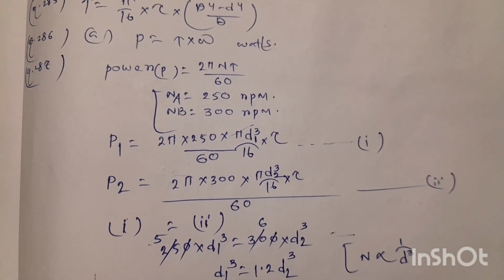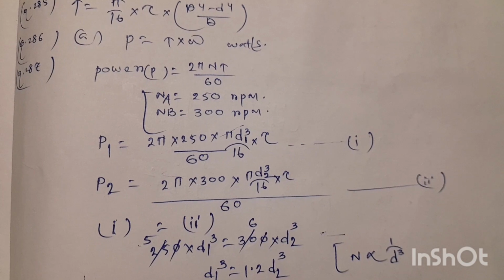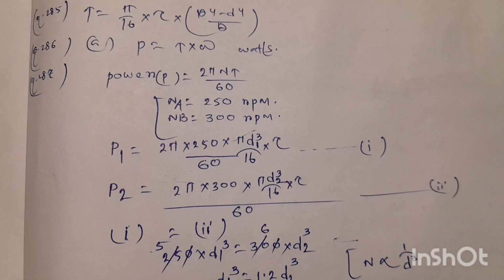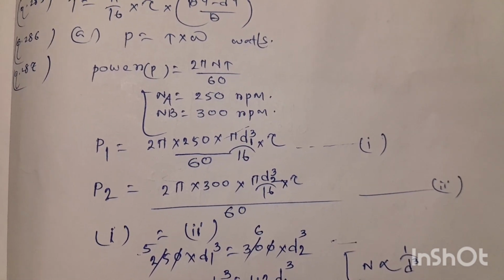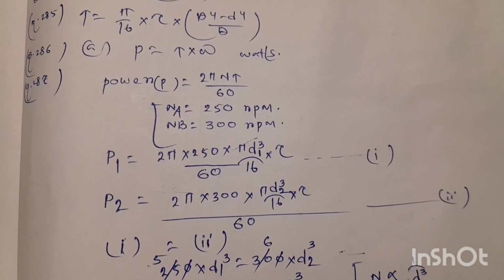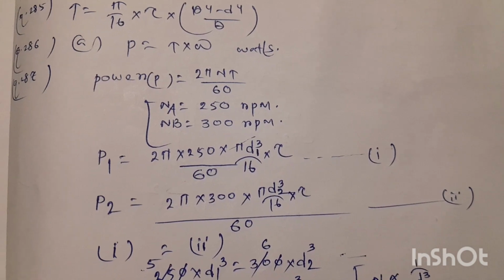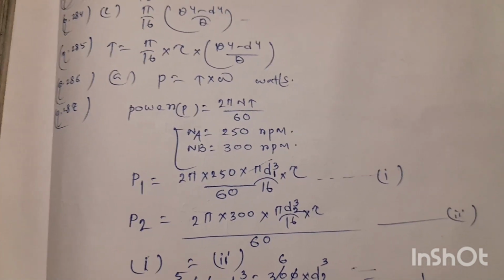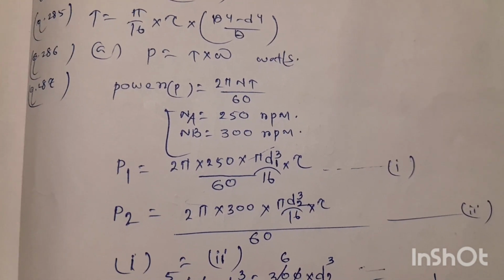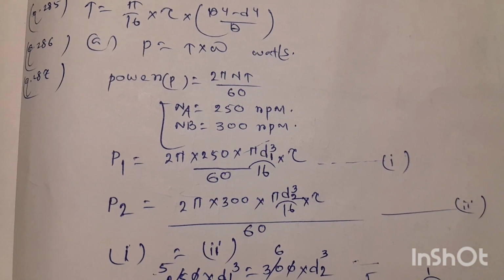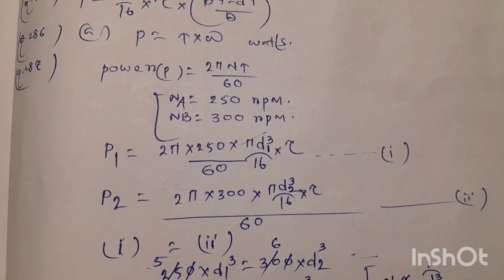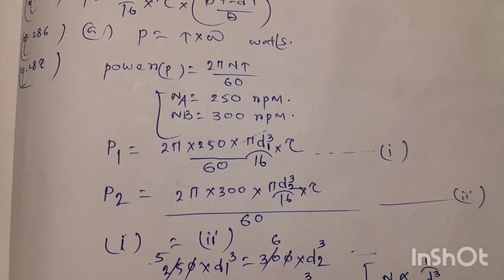So power P1 for shaft A will be equal to 2 pi into the revolution per minute. N for shaft A will be 250. We know NA will be 250 rpm and NB is 300 rpm, and D1 is the diameter of shaft A and D2 is the diameter of shaft B, and T is the transmitted torque. So the power P1 for shaft A will be equal to 2 pi into 250 into pi d1 cube into shear stress tau divided by 60 into 16,